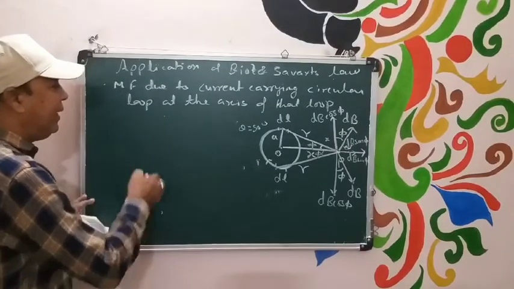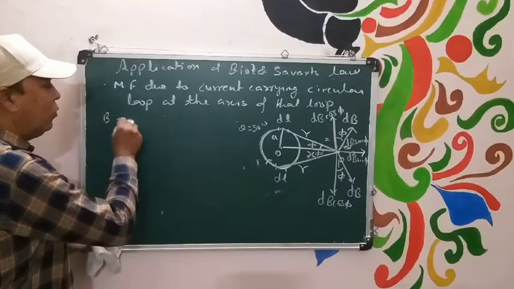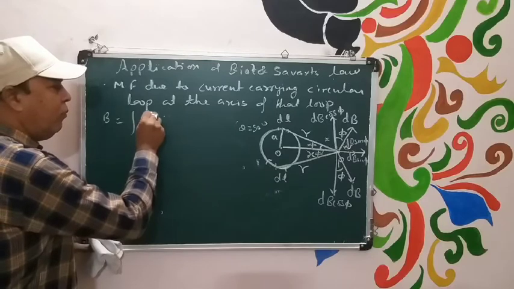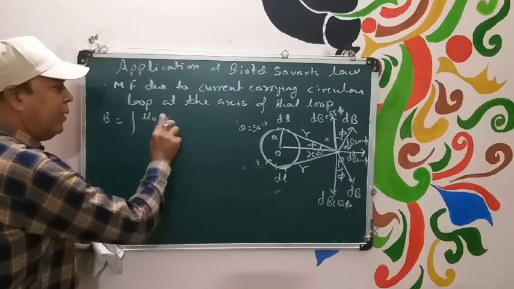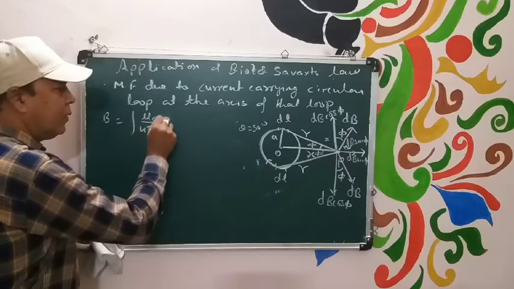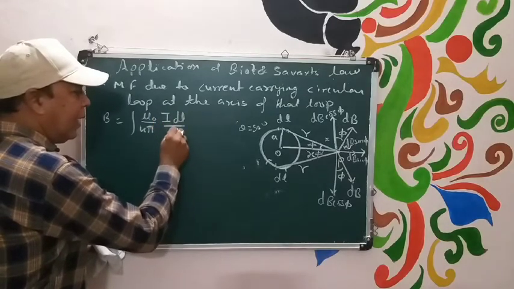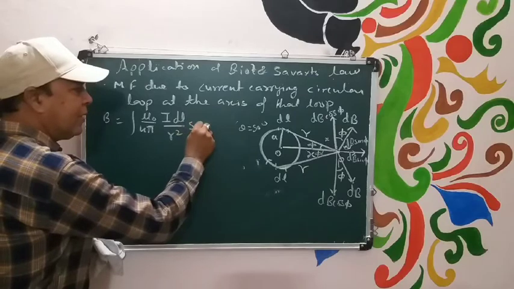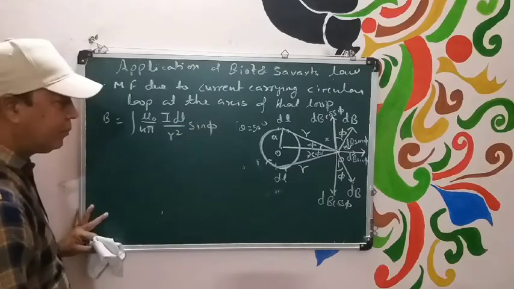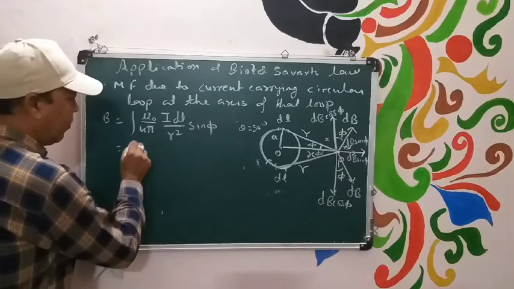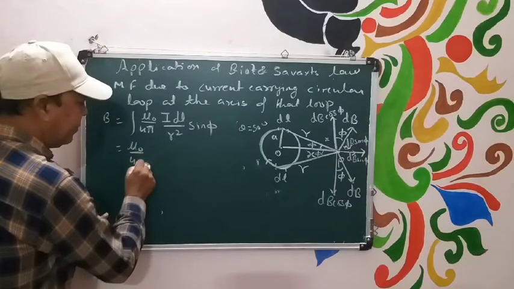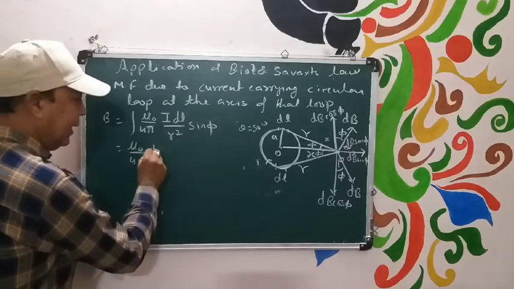We may get B, that is equal to the integration of mu naught upon 4 pi I dl by r square and sin phi. Obviously mu naught upon 4 pi is constant, I is constant,